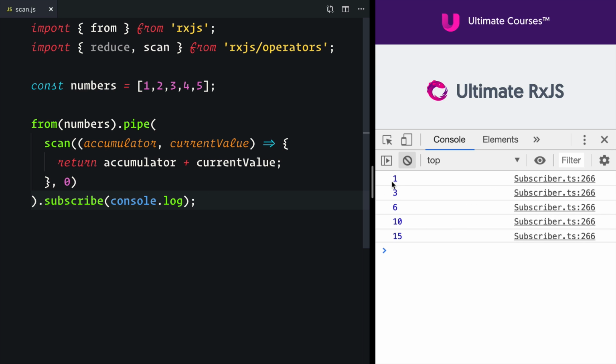We can see that for each emitted value from the numbers observable, the new accumulated value is emitted. Unlike reduce, scan does not wait until the observable completes before emitting the accumulated value. On each emission from the source, the accumulator function is run and the result is emitted. This can be incredibly useful when you need to act on or display state that is being accumulated over time